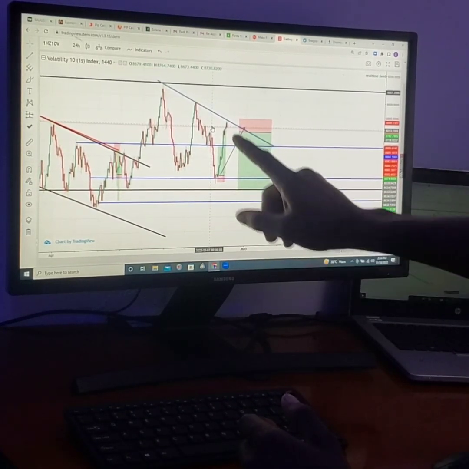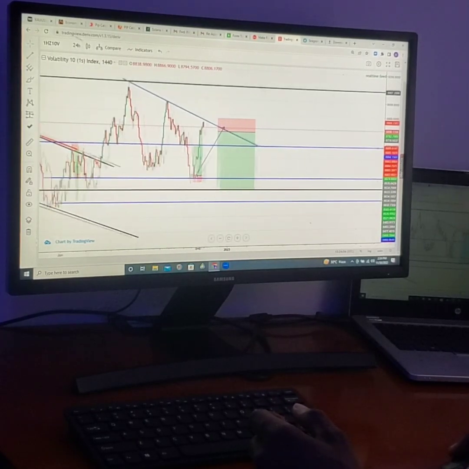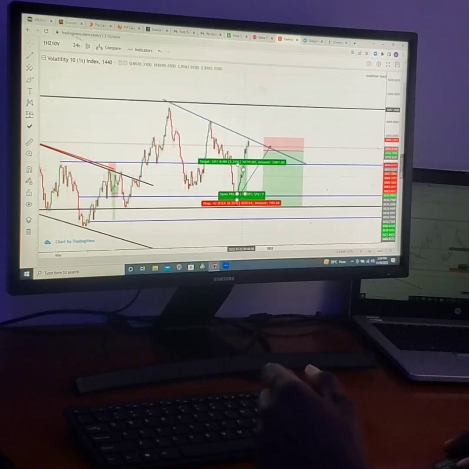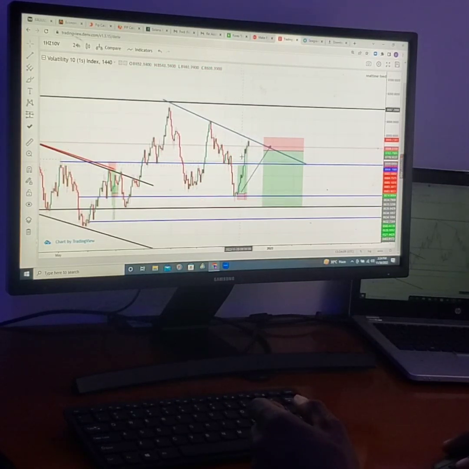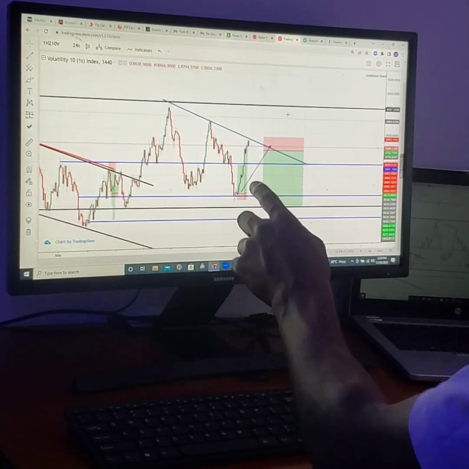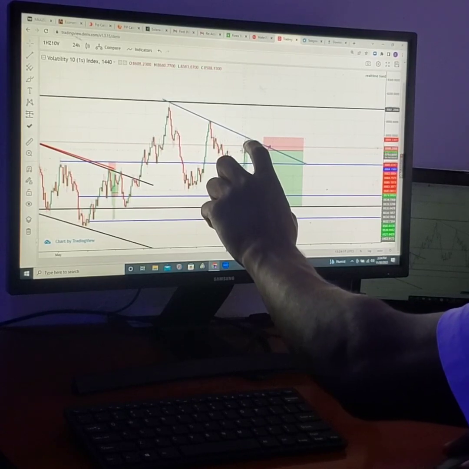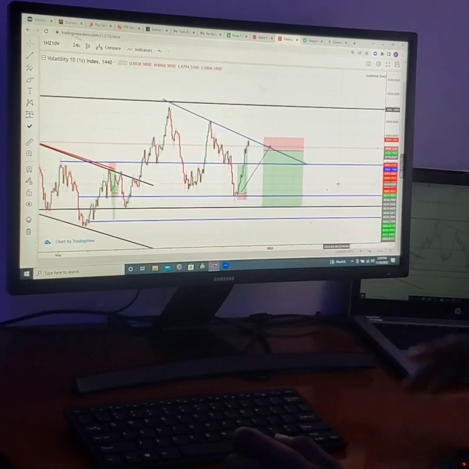So we took this trade up, and now, let me zoom this out. You can see this was the first target area and then the final target area. Why? Because of this same trend line. And now look at this, price is already rejecting from the same trend line,